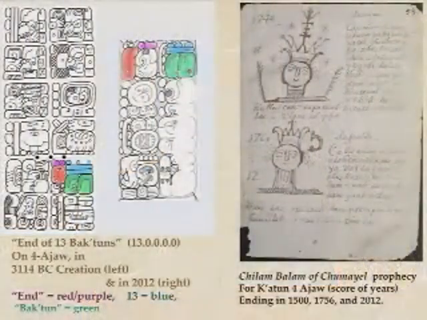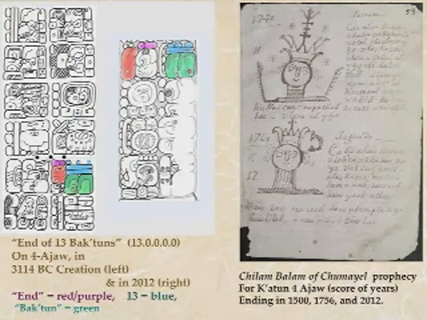I should also point out, this is the text that we just looked at, a drawing, and the red glyph here, it says the end, that's just a verb ending, of the 13, that's blue, Baktun, okay? And then there's the 4 Ahau 3 Kankin date. And it's actually the same phrase that they use when they're talking about the creation date, the end of the 13 Katun. This is in a text of 4 Ahau 8 Kumku, which is 3114 BC. And it's the most complete text we have of the creation myth.